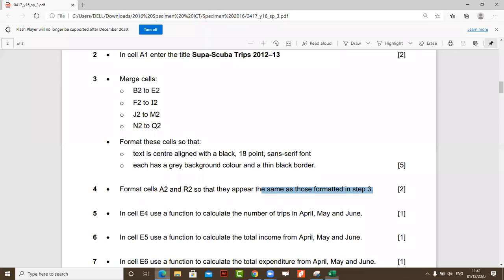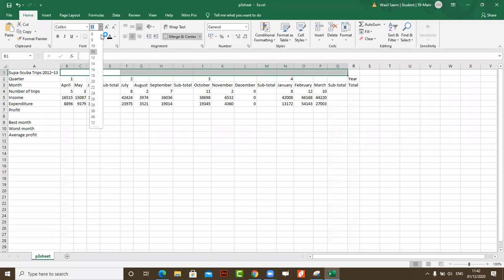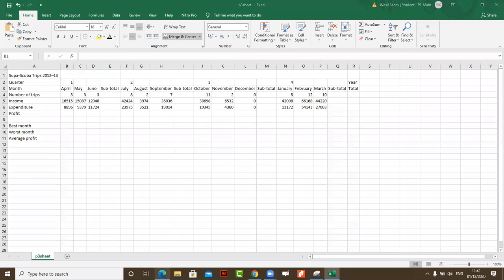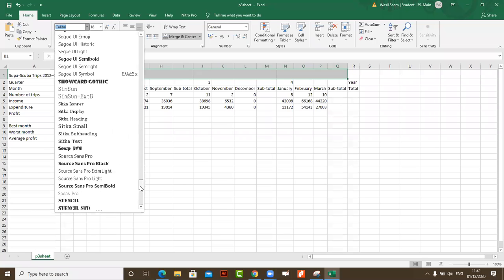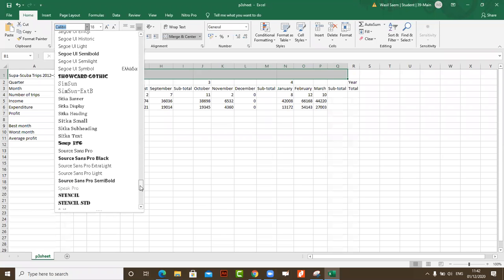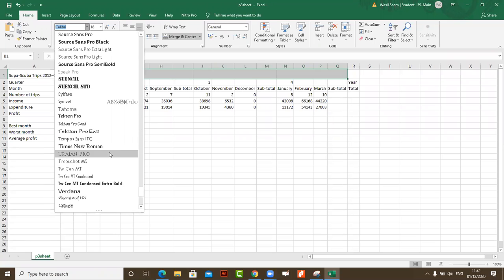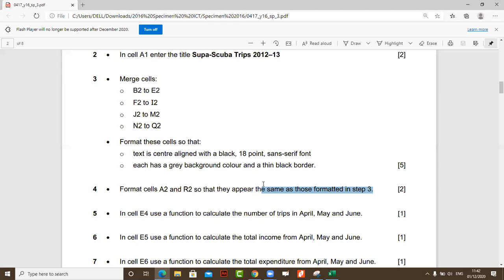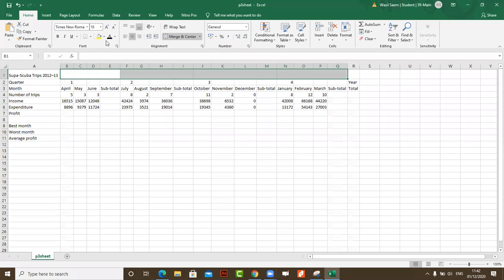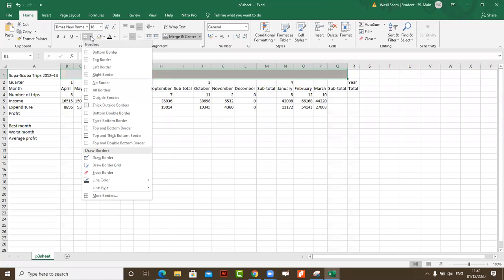Whatever text we type, they're saying should be 18 point and should be sans serif. Okay, so what I can use over here is Times New Roman. You do remember what is serif and sans serif, obviously you do. And then done. Each has a gray background color and a thick black border. Okay, so each has a gray background and a thick black